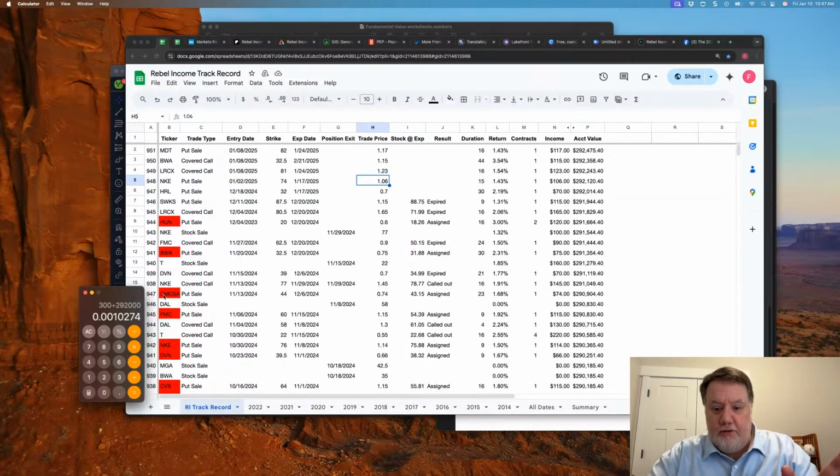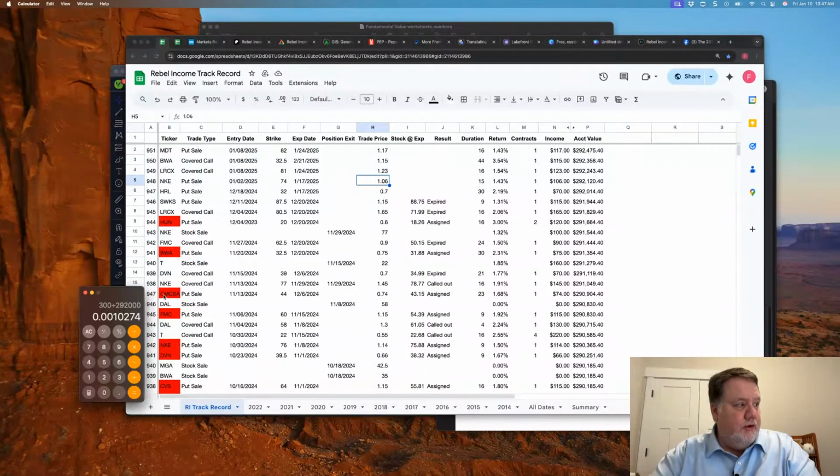But this is one of the reasons the position sizing becomes so useful. Again, not to dismiss the impact of taking this kind of a loss. That's real. And it's hard to try to reclaim those, right? But the idea here is that if you do have to take some of these losses from time to time, even if you're trading on a more active basis, I've got a success rate right now running at around 97%, a little bit higher, of winning trades to losing trades, which sounds really, really amazing. If you're trading more actively than I do, you're not waiting until the expiration Friday and then taking the assignment if you have to.